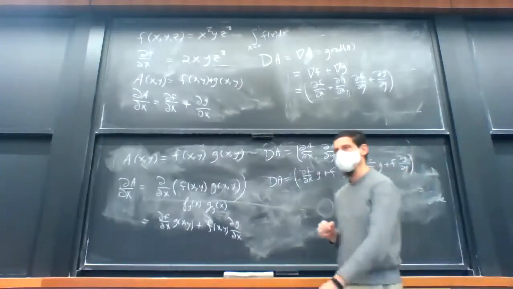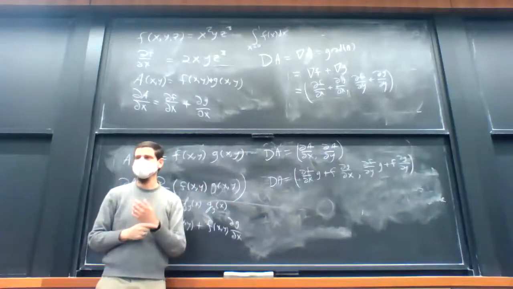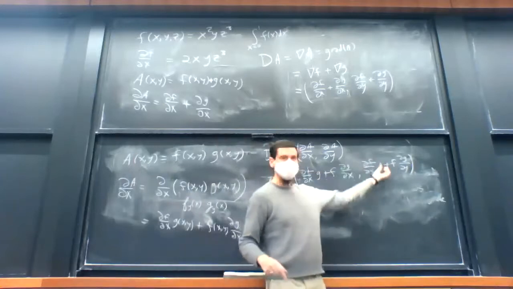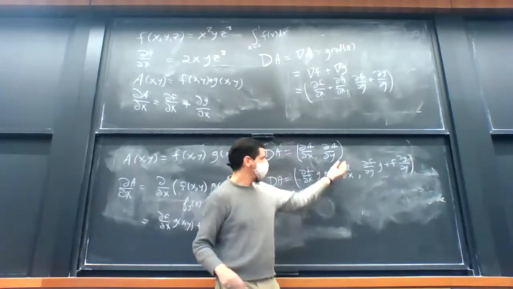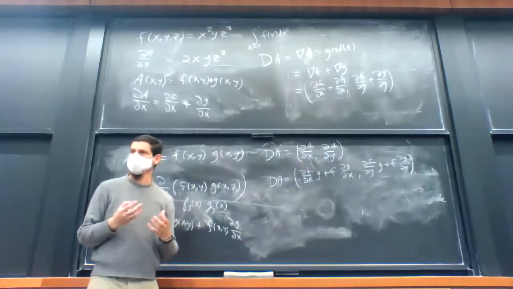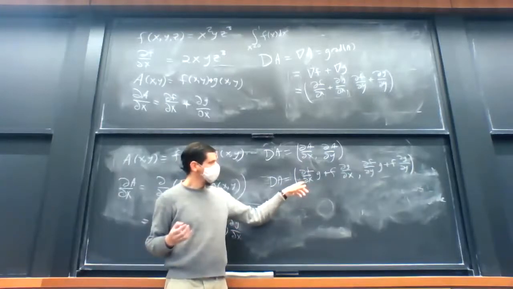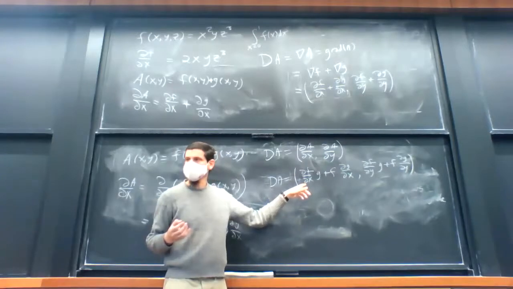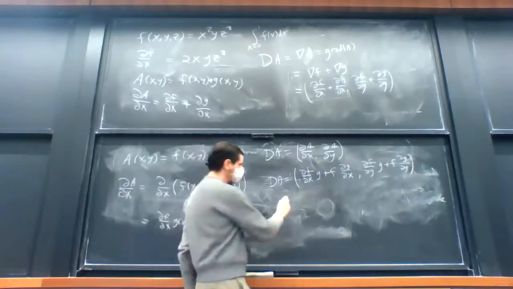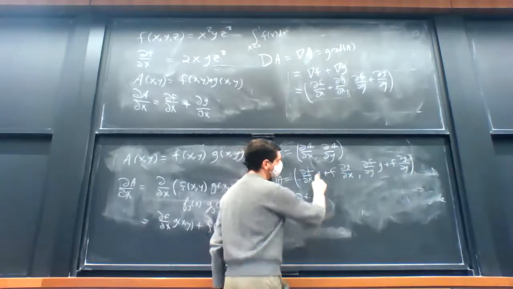And now we need to do algebra. So the goal is, can we write this in a more illuminating manner? df/dx times g, df/dy times g, f dg/dx, f dg/dy. I can write this as a sum of two vectors. Let's have one vector involve just derivatives of f, and one vector involve just derivatives of g. So I can write this as df/dx g, df/dy g,